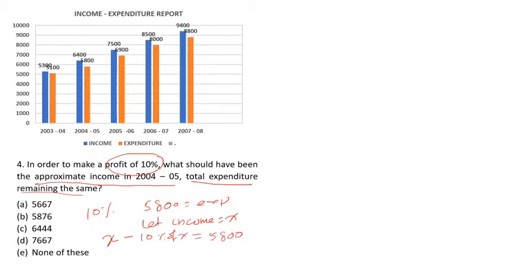Understand very clearly, from whatever is the income, out of that income, 10% is the profit. The remaining will be expenditure. So x minus 10% of x, this value you can put as what? 90x divided by 100 is equal to 5,800. Then cut this 0 and 0 and take this 10 to this side. So we got 9x is equal to 58,000. When we solve this, we get x is equal to